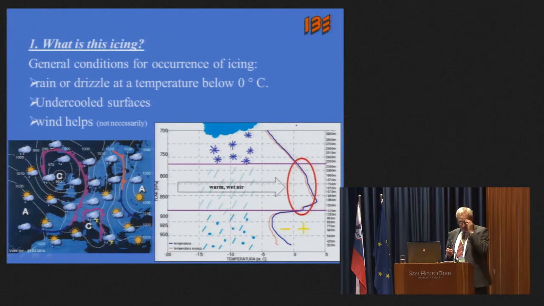And it depends then on the time of this event how much ice will collect on the surface. That means the thickness of the ice normally depends on the duration of the event. In our case, we had one week of similar conditions, and it produced such results that we can speak about a natural disaster.